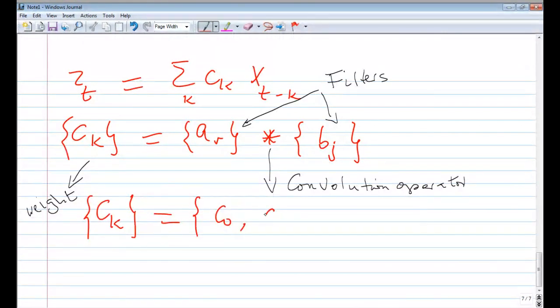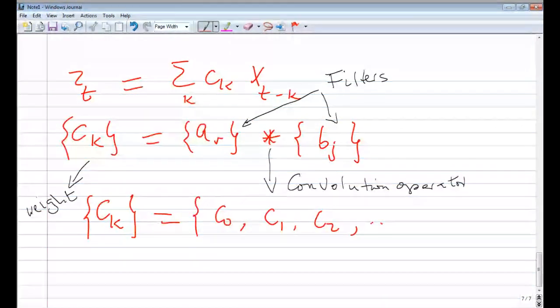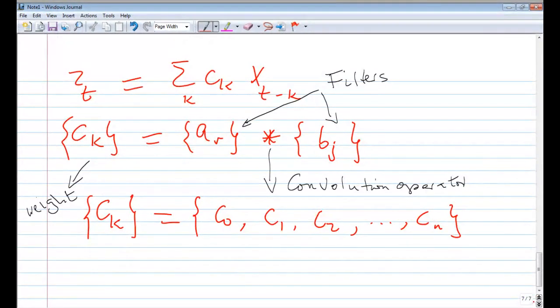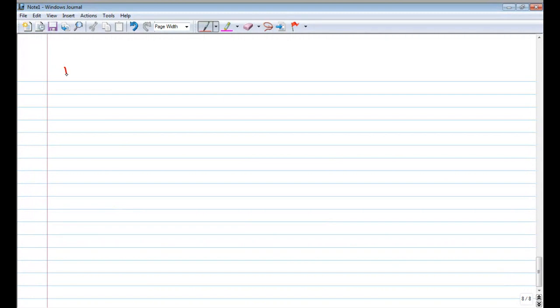C0, C1, C2, up to Cn. So C_k can also be equal to this one. What is C0, C1, C2, and Cn? Where